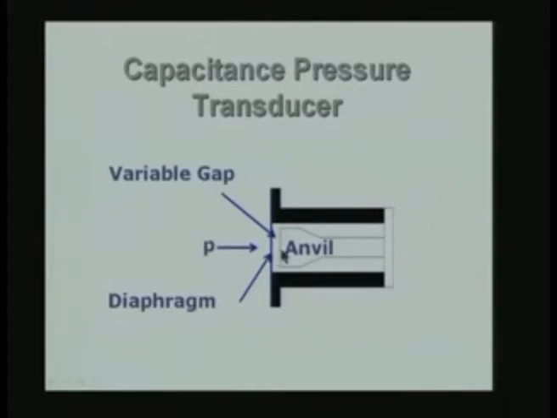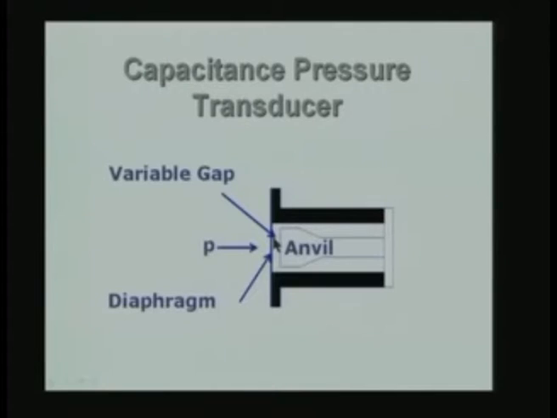There is a capacitance between the two electrodes, and this capacitance is a function of the gap, and the gap is dependent on the pressure, because if you increase the pressure, the diaphragm is going to displace, the gap is going to reduce, and the capacitance is going to change. So, the capacitance pressure transducer changes the pressure to a displacement, and the displacement is going to change the capacitance of an element, in this case between the diaphragm and the anvil, and this change in capacitance